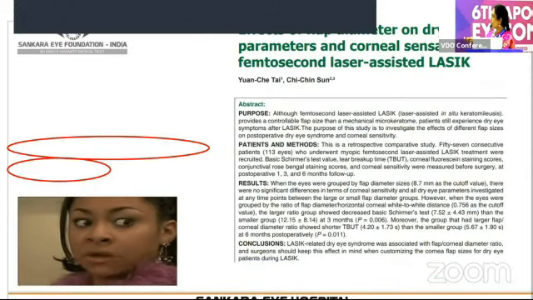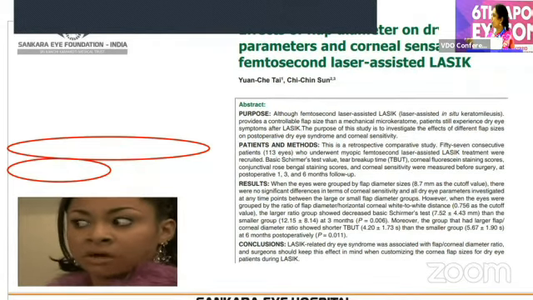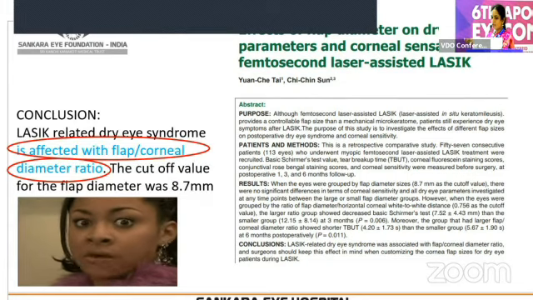And there's one more interesting paper which suggests the effects of flap diameter on dry eye parameters and corneal sensations after femtosecond laser assisted LASIK. Here they say that the cutoff value for the flap diameter was 8.7 millimeters, and that dry eye is more affected with the flap and corneal diameter ratio. So the surgeon should keep this effect in mind when customizing the corneal flap sizes for dry eye patients during